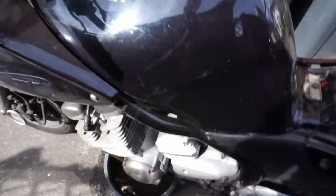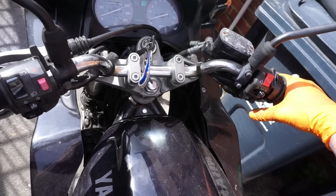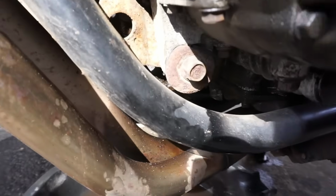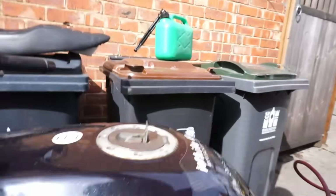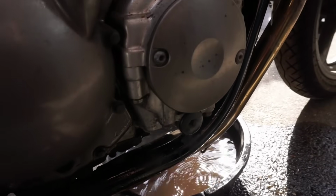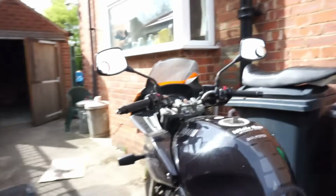Okay, that's the fuel screw back in. Sounds okay so far. I think, yeah, it's got an oil leak coming from that. Oh, got petrol coming from the other side now. What's going on there? What's leaking petrol? Seems to be overflowing. I think the overflow on this side of the carbs, the floats are sticking, so